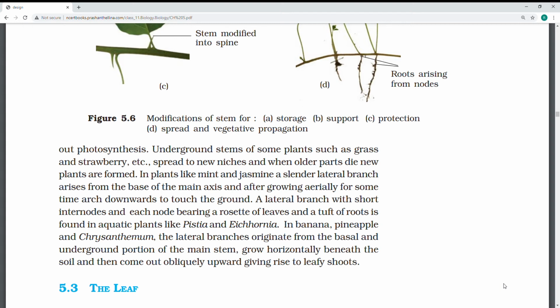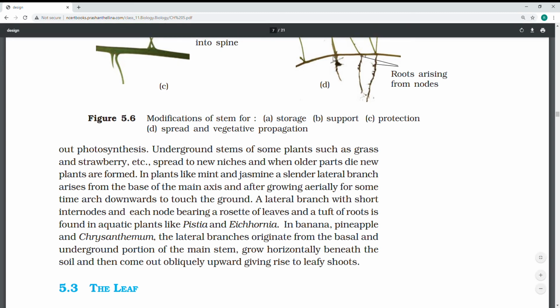And suckers, which are chrysanthemum; they have given chrysanthemum as the example for sucker, because the lateral branch grows from a node. In some, it is from this to this, like for strawberry, see the arrow kind, like these, there the plant grows.